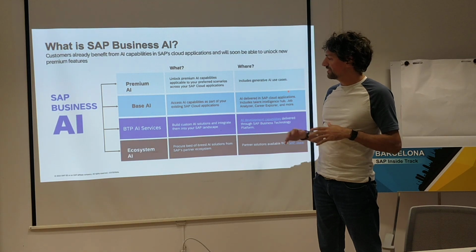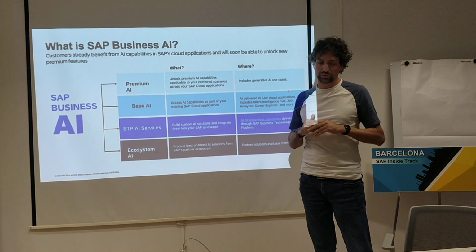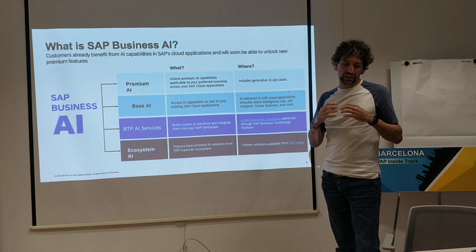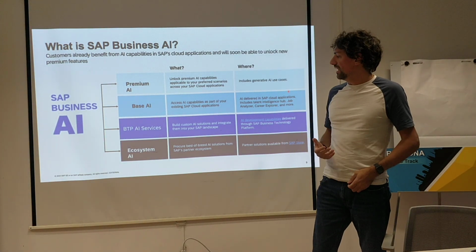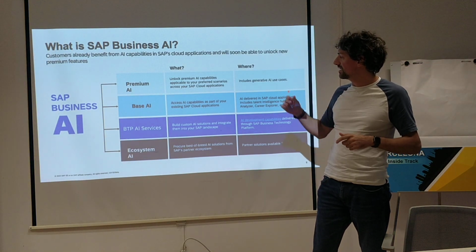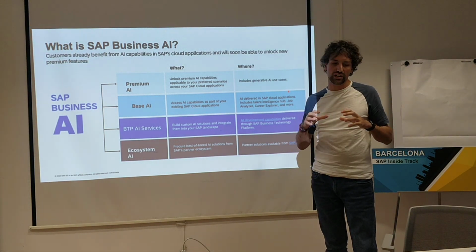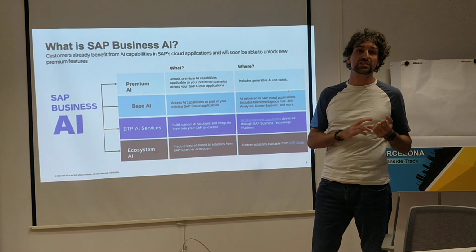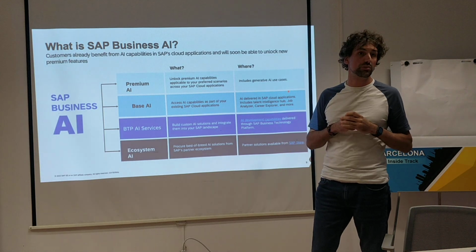There are those different chapters, I would call them, in the strategy. The first one is what we call premium AI, and those are the areas where we are focusing also on generative AI use cases that then can be used by customers for specific and concrete use cases. We also have some base AI, or AI capabilities that we embed. We have been already doing that for years actually, but we'll continue to embed those into applications, and we will see examples of them,